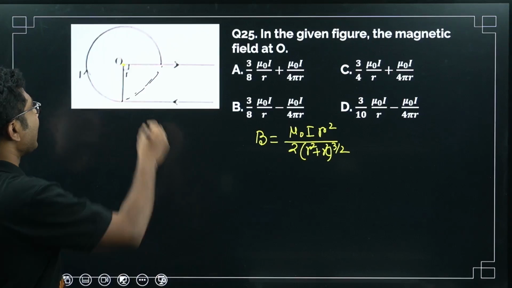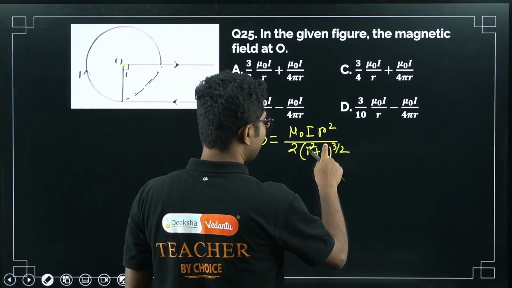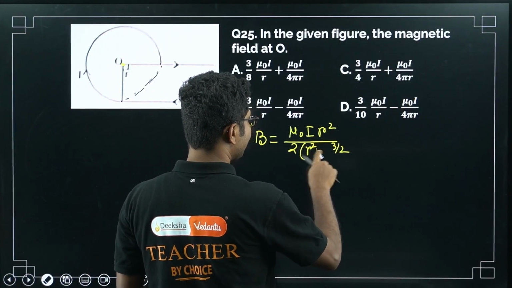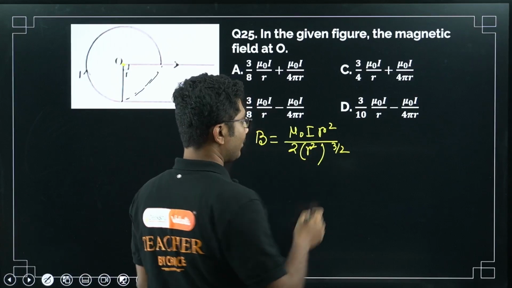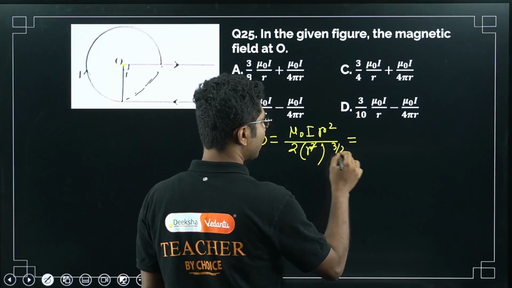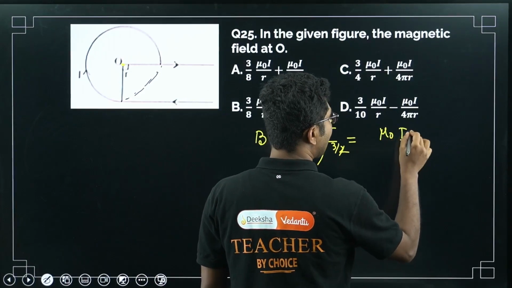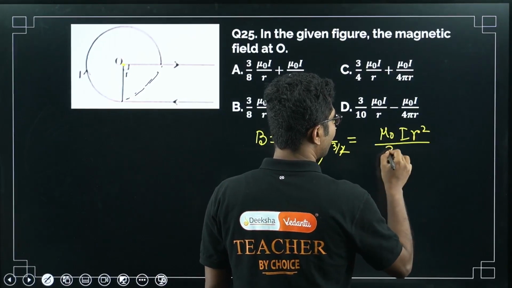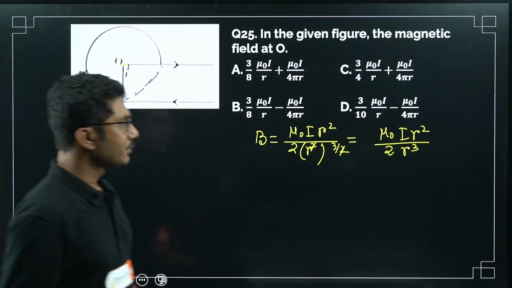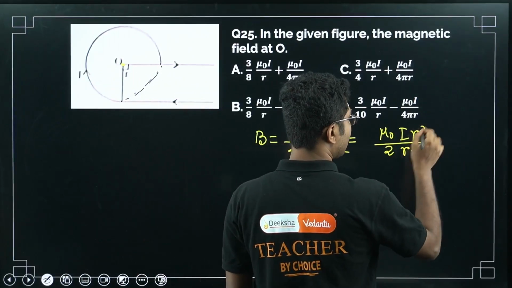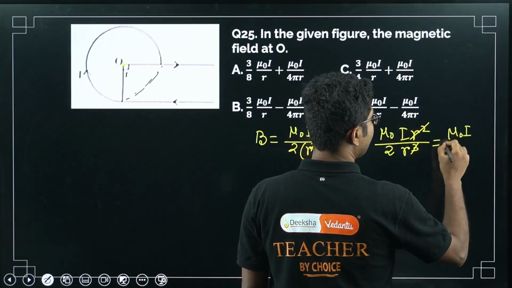Now in this case we are finding it at the center. So at the center means x is equal to 0. Okay, so x equals 0, what do we get? We get simply r square to the power 3 by 2. Now r square to the power 3 by 2 is r cube, and this 2 stays in the denominator. So we can write this as mu naught i r square divided by 2 r cube. Now r square and this will cancel, so you will get mu naught i divided by 2r,